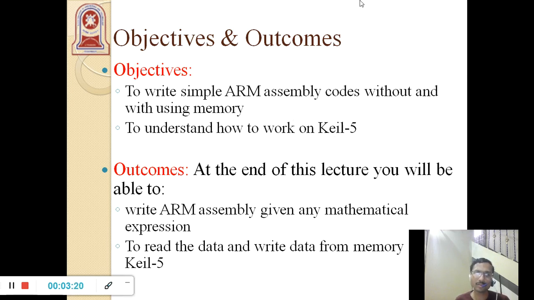And outcomes: at the end of this lecture series, students, you will be able to write a simple ARM assembly program for any given mathematical expression, first point. The second point is, as I told you, how to read data from or write data to the memory, with a demonstration using Keil 5.